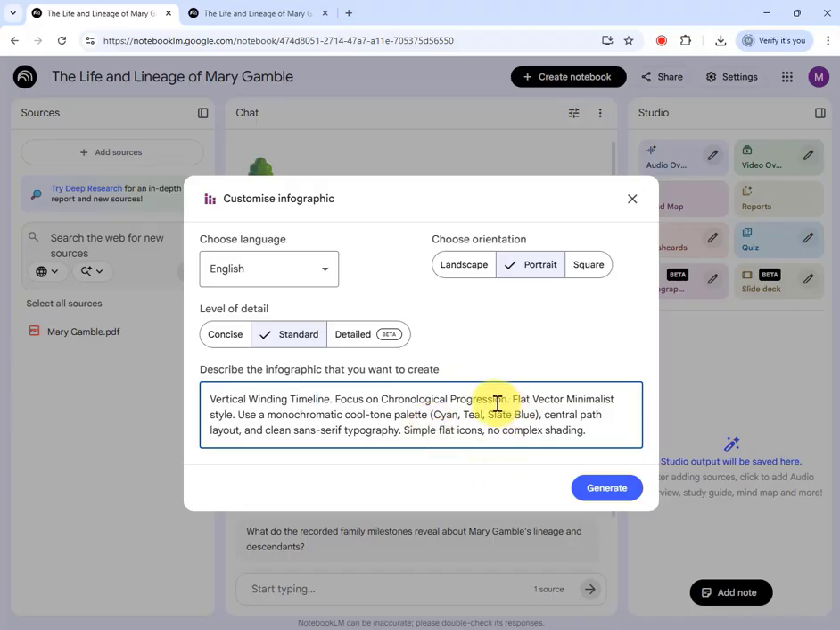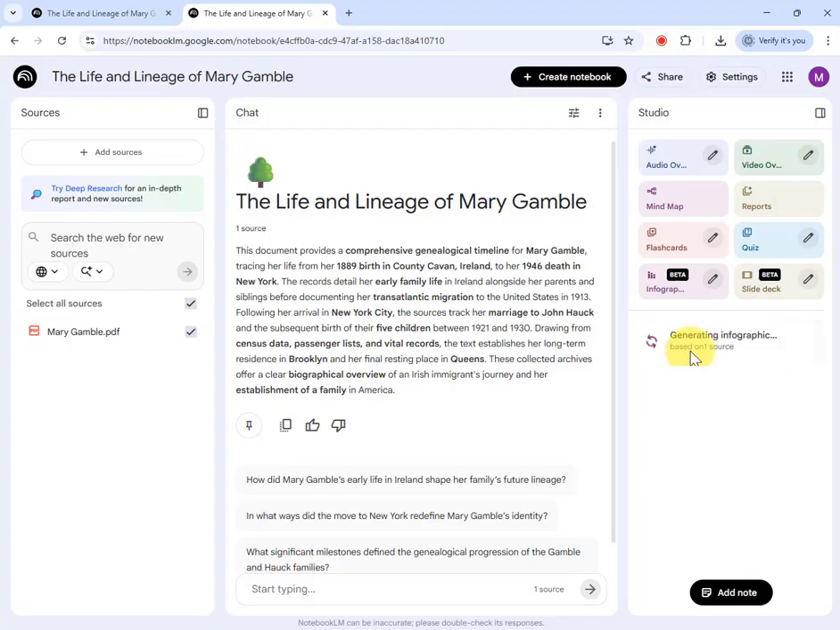And once I've given it the instructions, I click generate. And notice how it starts generating. This can take a while. It can take 10, 20 minutes. You can close down this entire window, close down your browser, and come back, and it's either still generating or